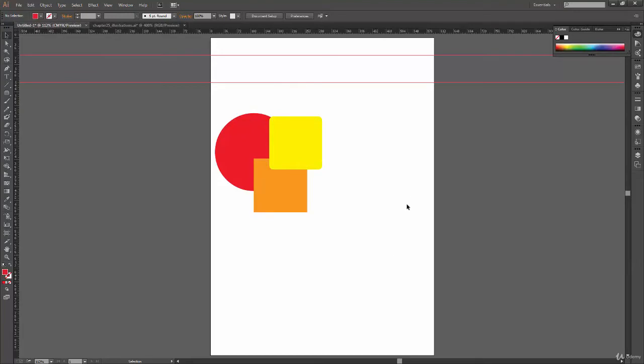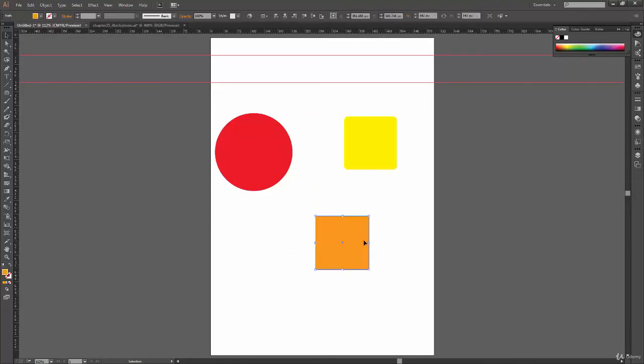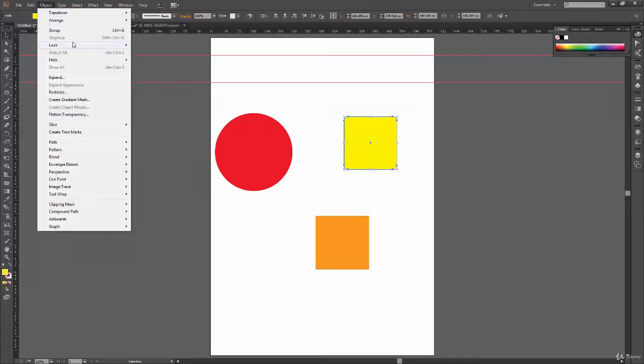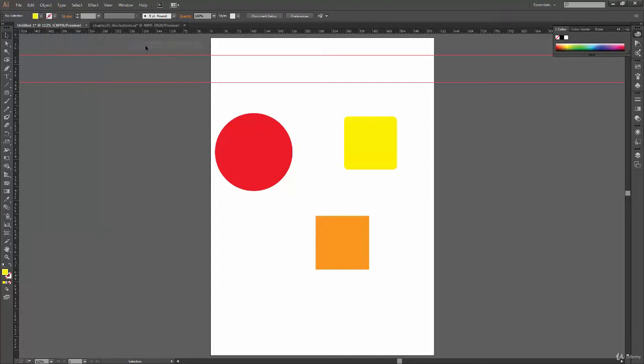Okay, so with that, let's see how we can lock and unlock the objects. Now, it is as simple as hiding and unhiding. We just select any shape and go to Object and say Lock. Now we have three options again over here. It says Selection, All Artwork Above and Other Layers, like in Hide. So it works the same way. Let's say I want to lock the selection only, so I will press Ctrl 2 on my keyboard, or I can use this option from the menu bar. So let us click on this and see what happens.